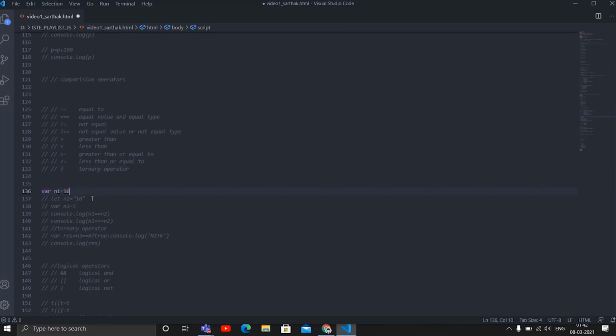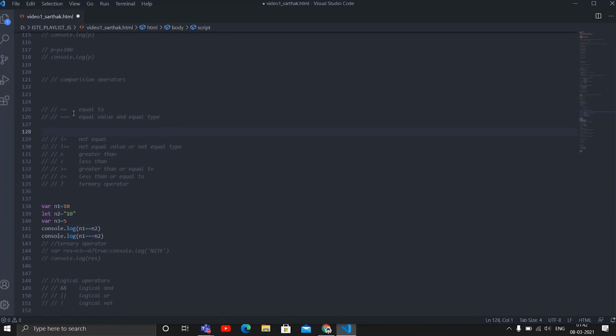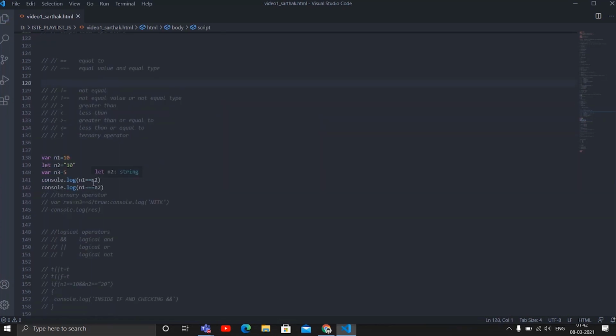Here n1 is 10, n2 is string 10, and n3 is 5. First we'll see the difference between the first two, equal value and equal value and equal type. See, n1 equals n2. Since both are of different data types, first this 10 will be converted to string 10, then both will be compared.